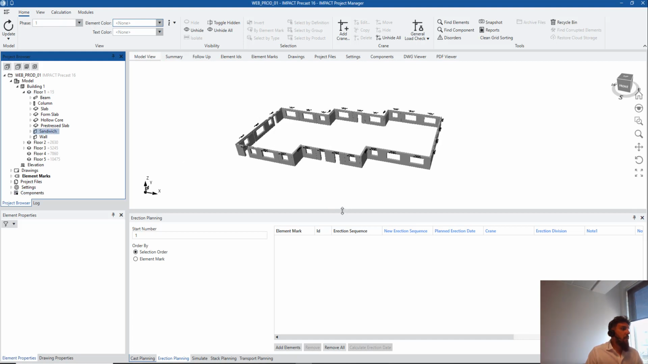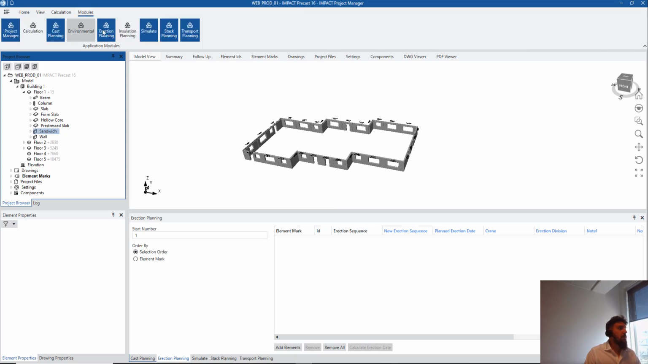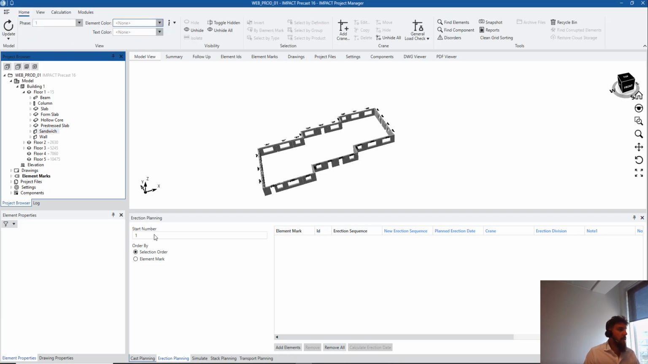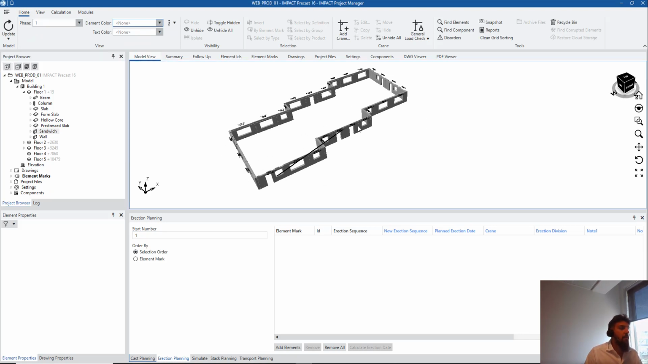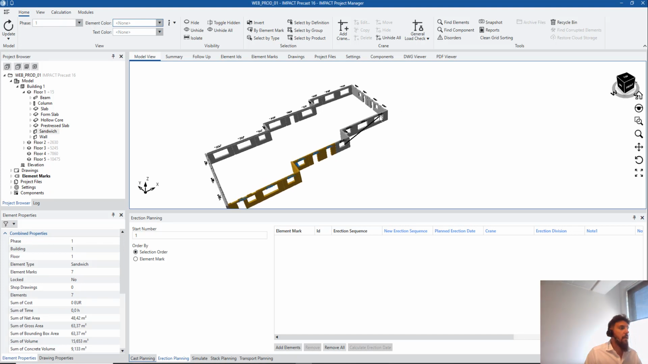sandwich wall. And how does it work? You have to activate your modules, erection planning and simulation. Go to home and let's plan. Start number 1. The rest of the numbers are actually taken, so I will start from number 1 and make sure I take all the elements needed for